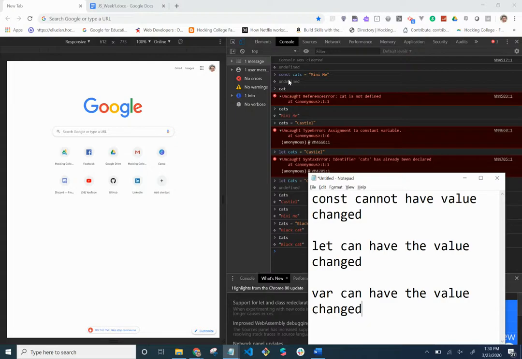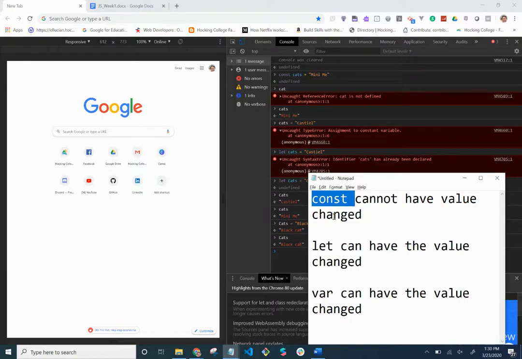Like a social security number or something that's not going to change ever. But just be aware of it. Sometimes you might want something to change. So use this particular one. This is considered current best practices. You might still see some people use this. But before you actually declare a variable using the word const, be pretty sure that's not going